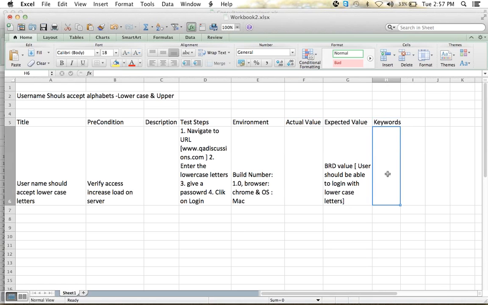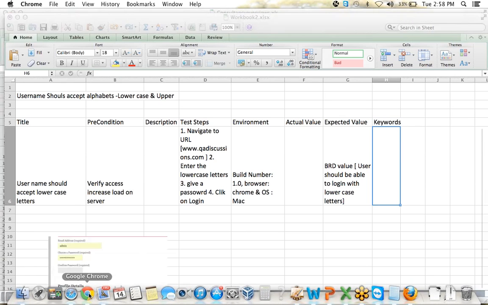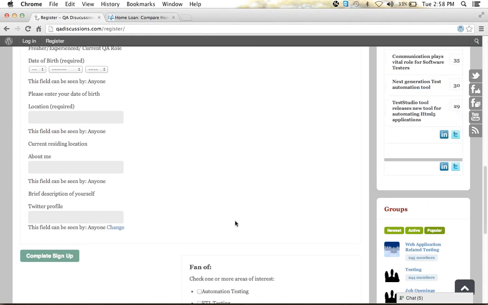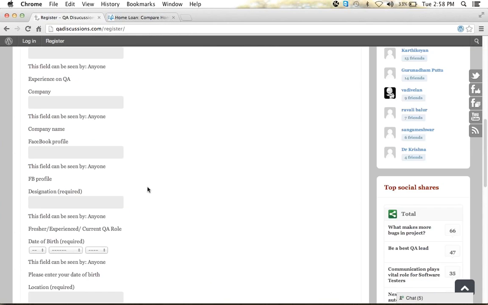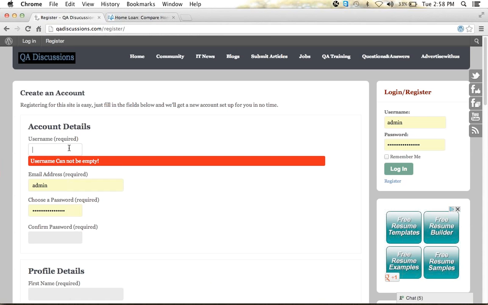So what is the keyword here? For example, you'll have regression testing. As I said, if you are modifying from one DB to another DB, what will you do? You'll do the entire testing. Even whatever you fill in the form here will go and be stored in a DB. So for example, I want to verify if I give a username as vanilla, it is already there in the DB.